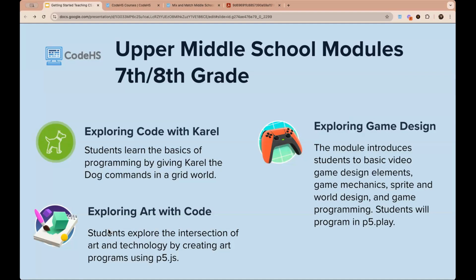So we have Exploring Code with Carol, where students learn the basics of programming by giving Carol dog commands in a grid world. And because this is not adventure-based, that's why we say it's more 7th, 8th grade than maybe 6th grade. We also have Exploring Art with Code, where students explore the intersection of art and technology by creating